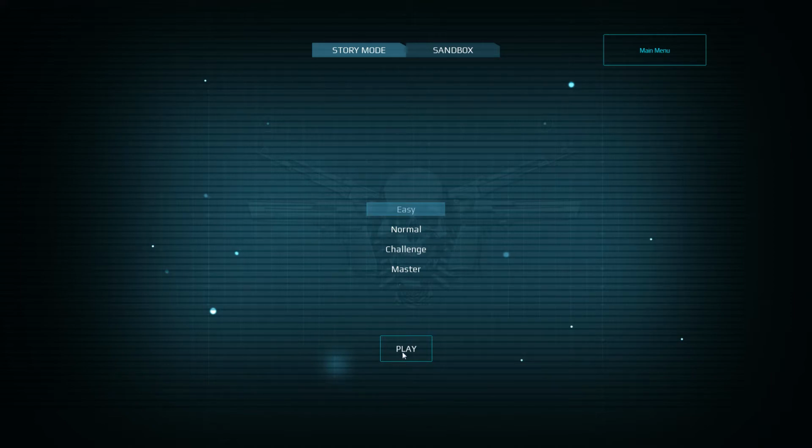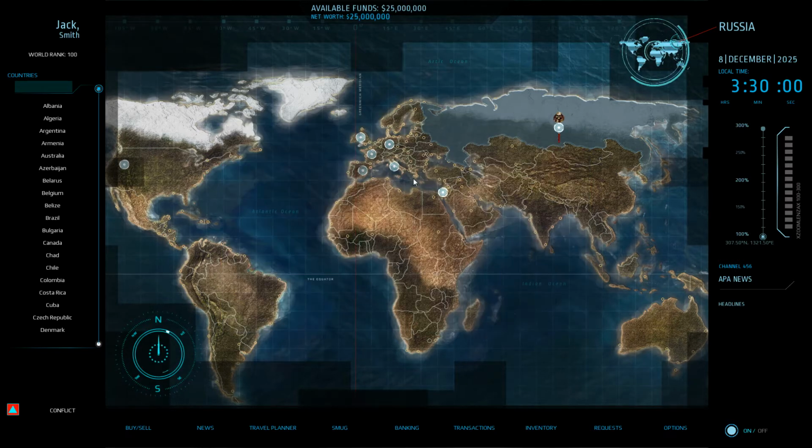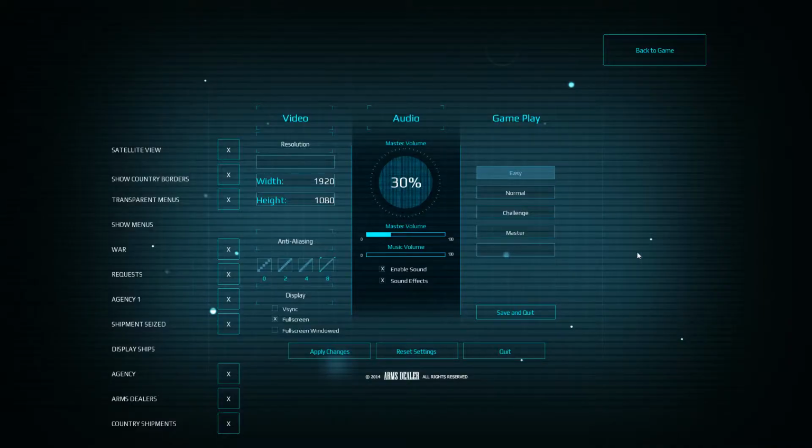Let's go and select easy. It's going to load, of course, as it does. And here we go. Here's the screen. Now, this is the screen that you'll be looking at the most. What I like to do is take this view off. So if we quickly go to the options. This is the only time you can actually pause the game, by the way, if you go into the options. So,